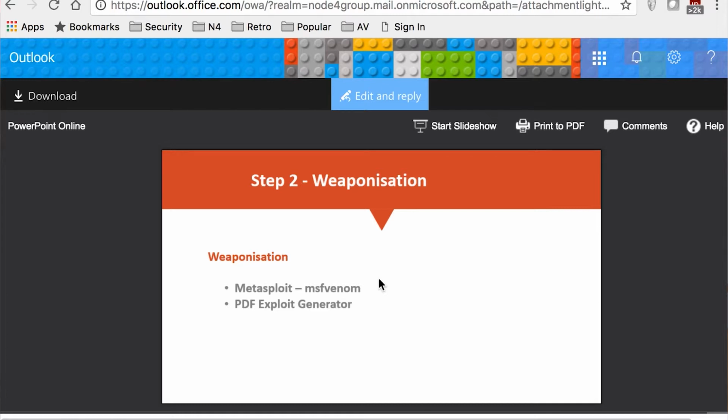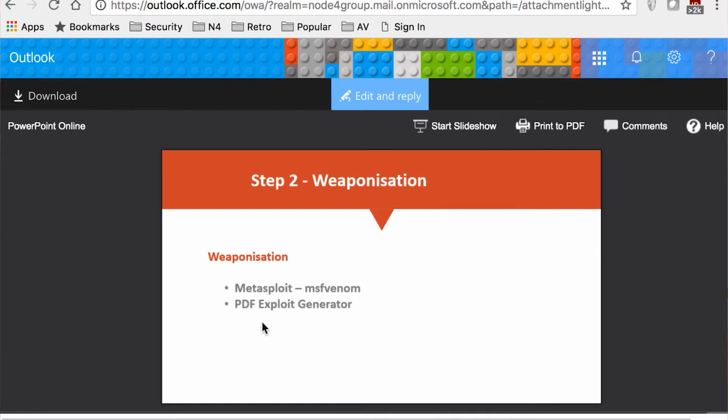If we wanted to deliver a PDF that had some malware attached, there's a tool called the PDF export generator, and as it says, it's very easy to create a PDF that's got some malware attached, basically a keylogger or something that's going to connect back to your Metasploit server, and it gives you that reverse shell where you can then start doing your